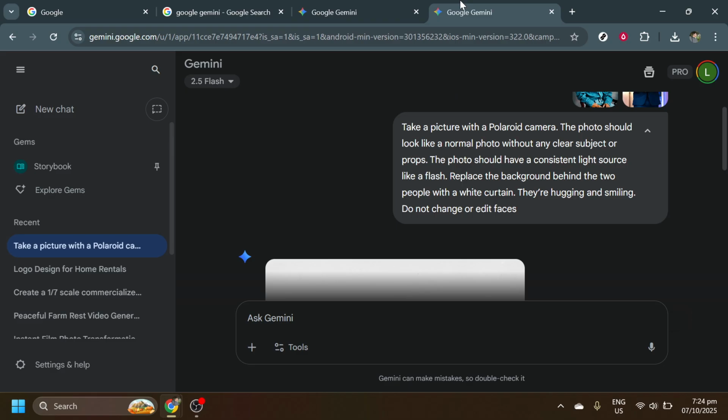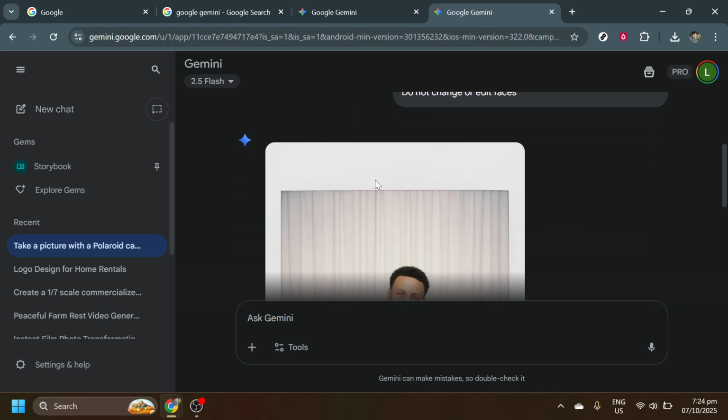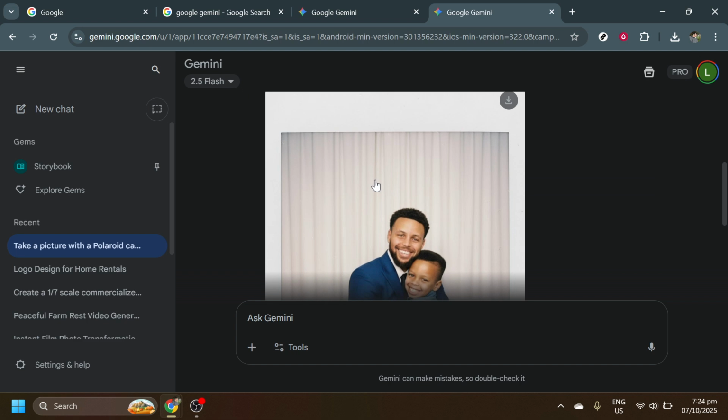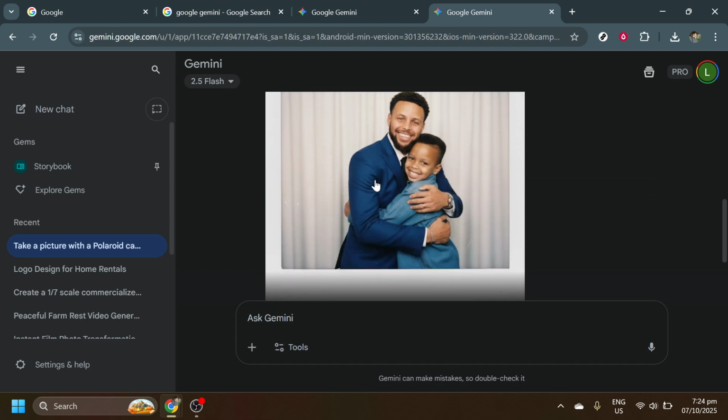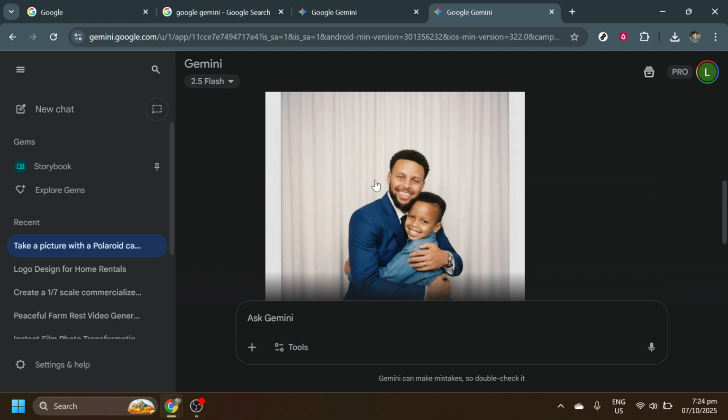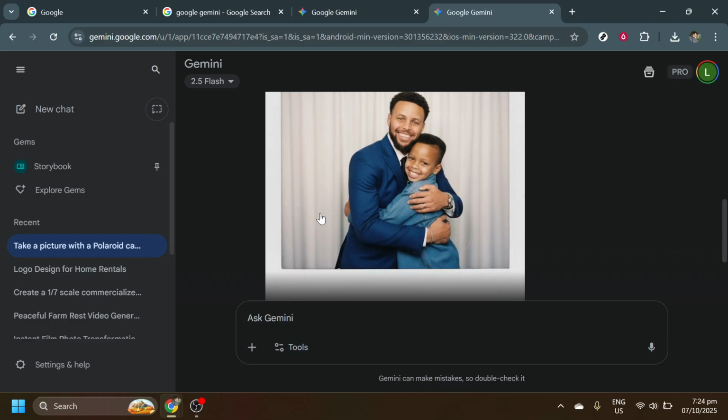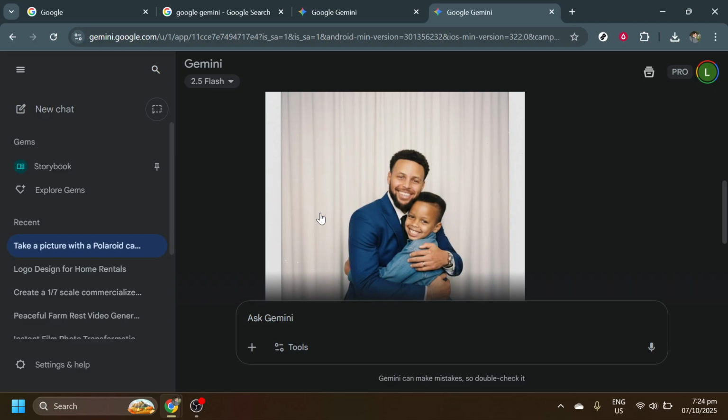Remember to be patient. The processing may take a little time as the platform works on rendering your image. After a brief wait, you should be able to see the finished photo, and there you have it, a beautiful image capturing you hugging your younger self, fully brought to life thanks to the innovative tools provided by the Google Gemini platform. This simple yet rewarding project is not only enjoyable, but lets you explore the creative potentials of AI